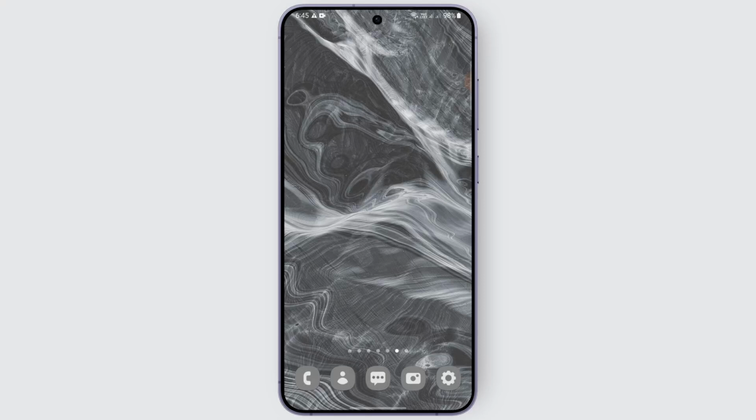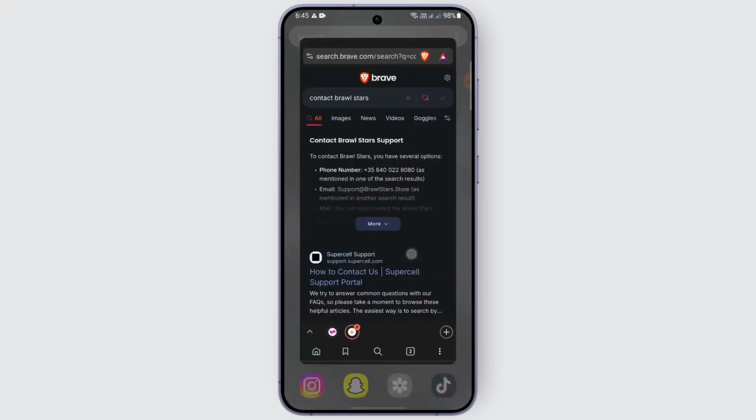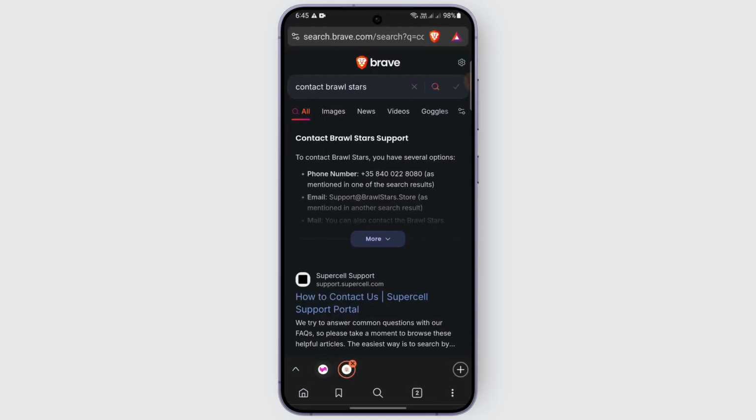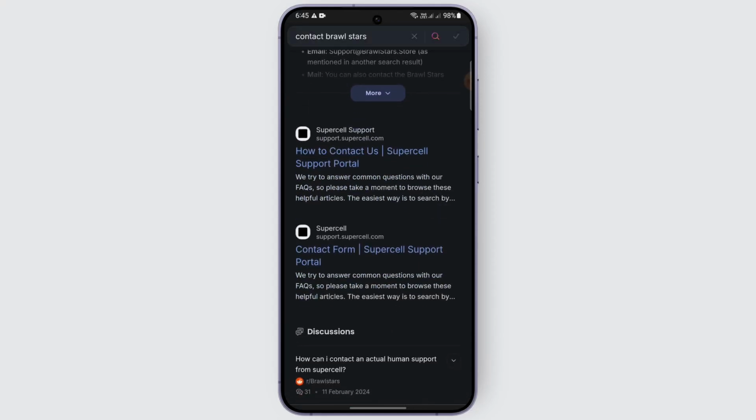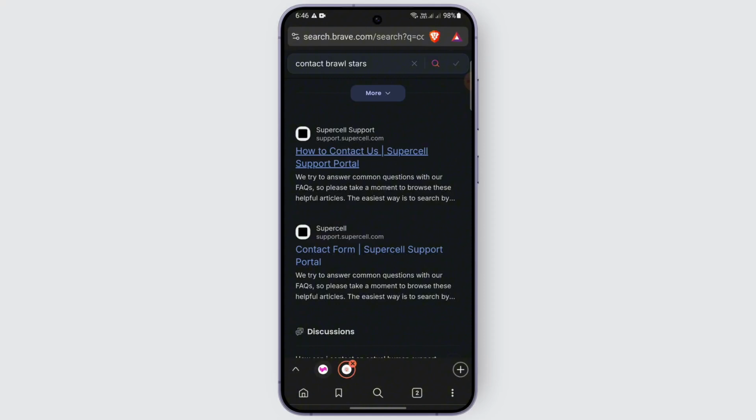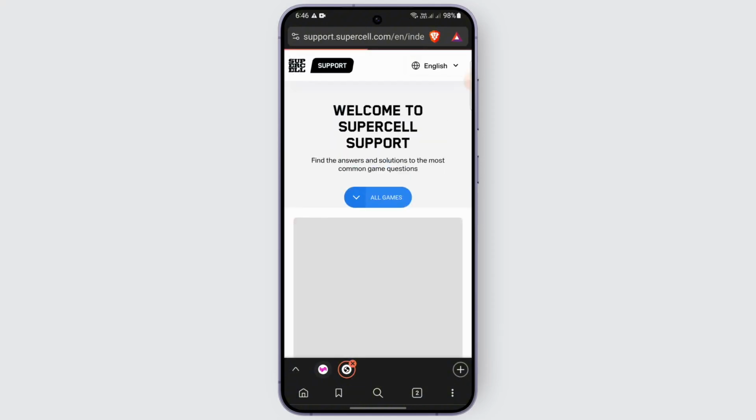First thing is open up your device. After that, you just need to open up a browser on your device, whichever is suitable for you. I'm just going to open this one and there type in contact Brawl Stars. After that, on the very first, you'll be able to see this link called Supercell support. So you just need to click on this very first link that appears on your screen, and when you scroll